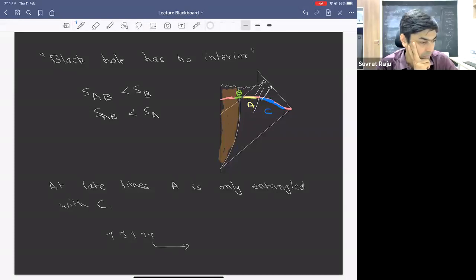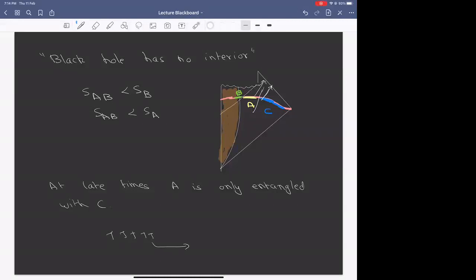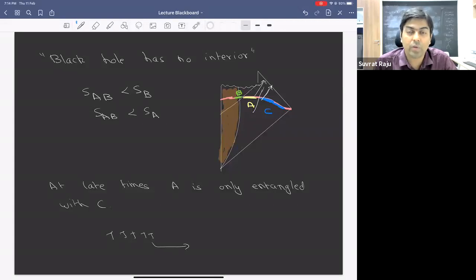It could. Maybe can we discuss this after the firewall discussion? Let me say it another way. Let's say you were to define a state on the black hole which has radiation but doesn't have the interior. I think it's possible to define such a state. There are these states which are called the Boulware vacuum. If you look at these old papers, there were these states called the Boulware vacuum, which were states where